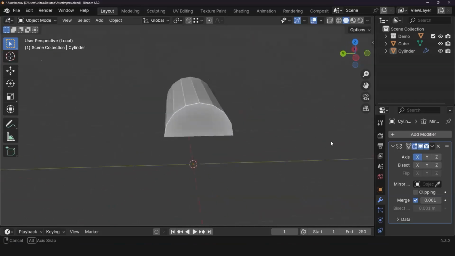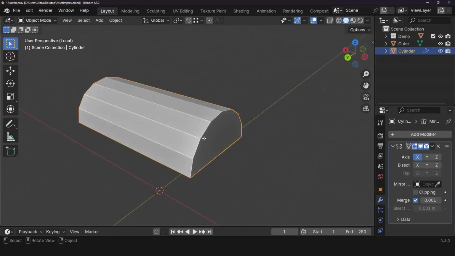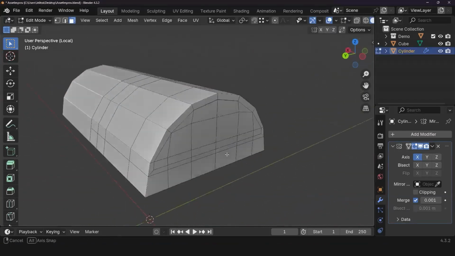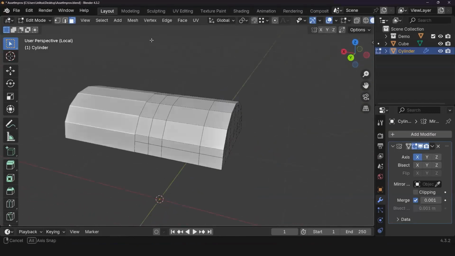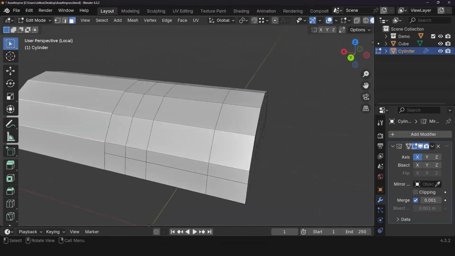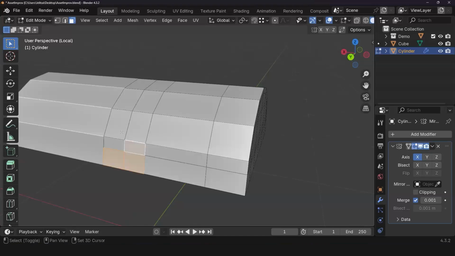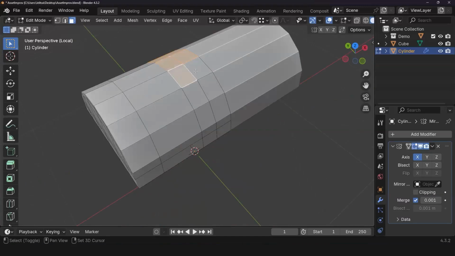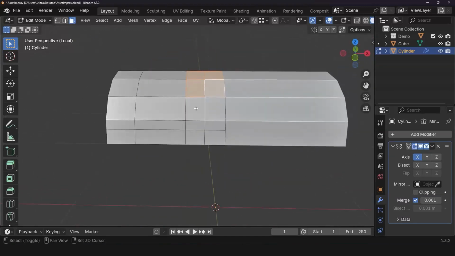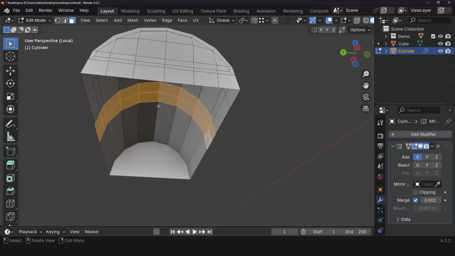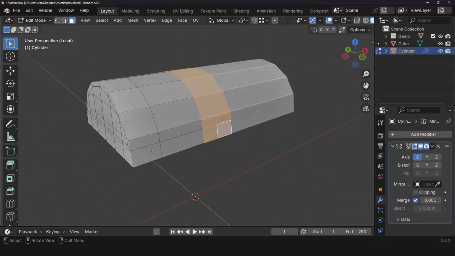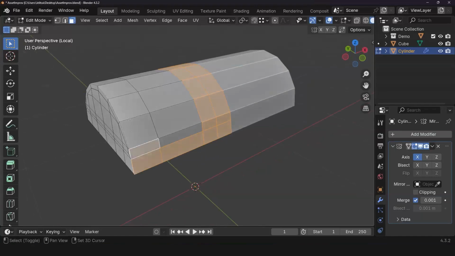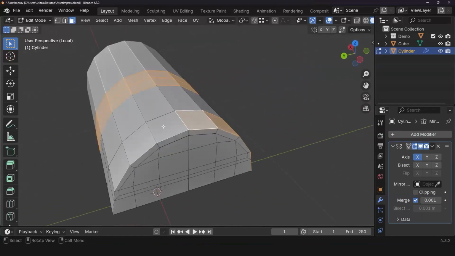So, okay, let's get back to it. Let's see how that worked for us. I'm going to start doing my extrusions again. And be mindful, when I do my extrusions on the inside of this mid piece, it's going to have faces in here that I'll need to delete. So keep that in mind.